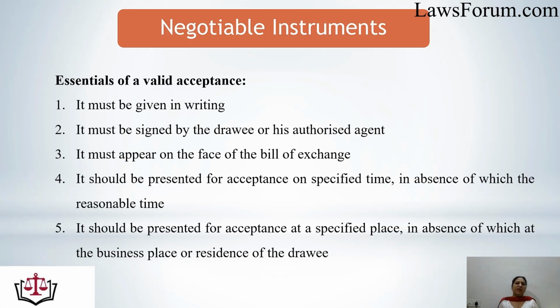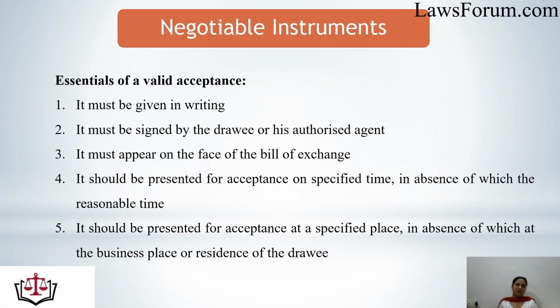So when can we say that it is a valid acceptance? First, the acceptance must be given in writing. If it is a verbal acceptance, it cannot be considered a valid one. It must be signed by the drawee or his authorized agent. Any valid acceptance which is to be given in writing can be given by giving a sign, and that sign must be of the drawee or of his authorized agent, and the signature must appear on the face